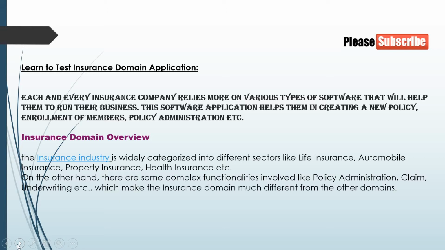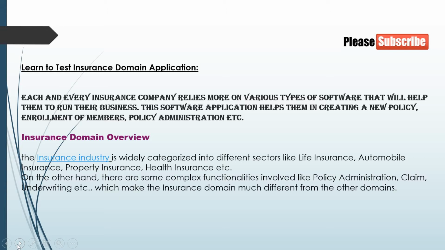All the insurance companies maintain IT infrastructure, and they have also made an investment to ensure their application runs successfully in real time or not. So testing proves the robustness of an application, right? What benefit does testing give you? The application will be robust, and hence insurance domain testing is the most significant one.